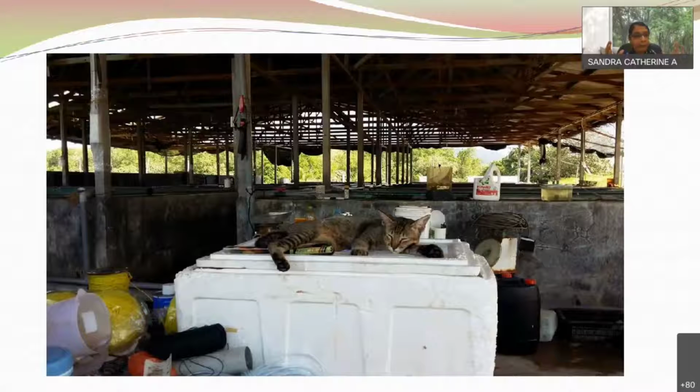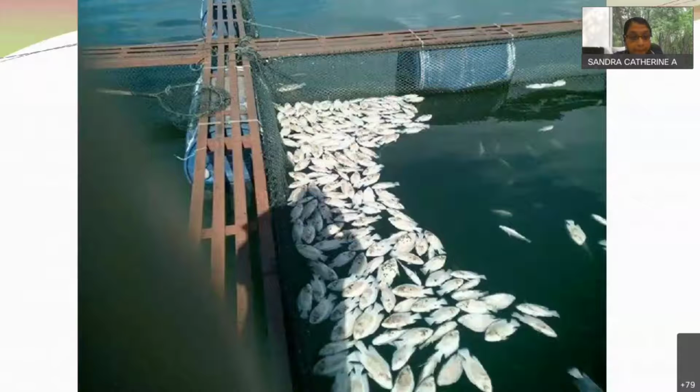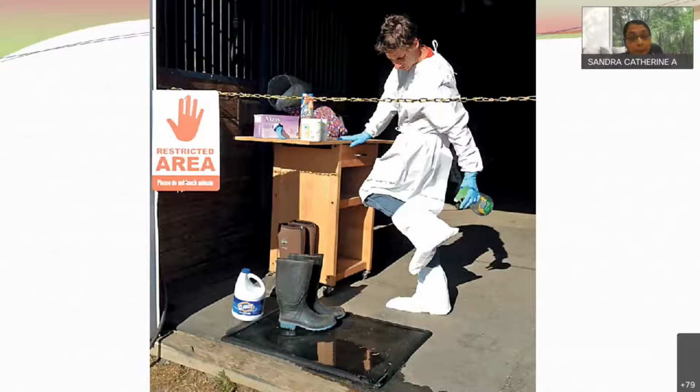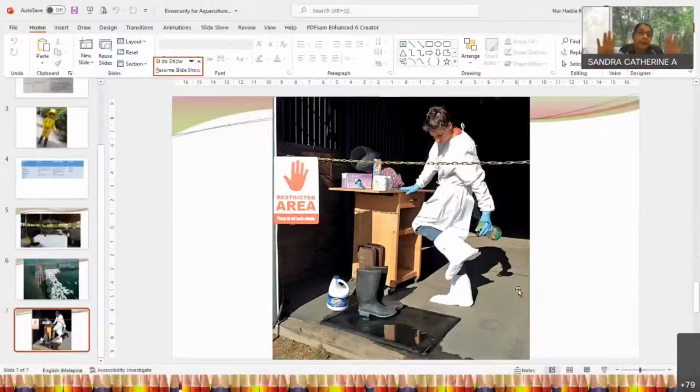Like 1 to 2 minutes, and the students have to start writing what they see in the picture. Then the next slide, and this is my second trigger, and third. This is my third trigger, a picture related to biosecurity measures. Next one. Okay, so this is what I show for my